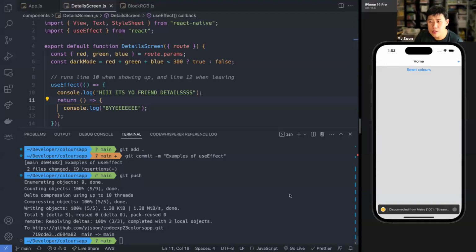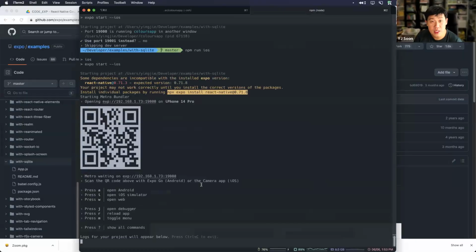Maybe not so much that you run into these issues among yourselves, because in the hackathon, you are hopefully all working on the same version. Make sure you all install the same node version, and when you do npx create expo app, you should be using the same version. Here, they're using React Native 0.71.3 and the expected version is 0.71.8, or the other way around. Mine is at 0.71.3, but theirs is at 0.71.8, which is fine. This is a minor version number. I think it should be fine.